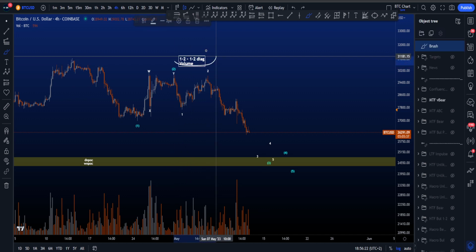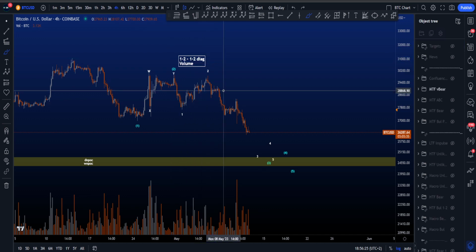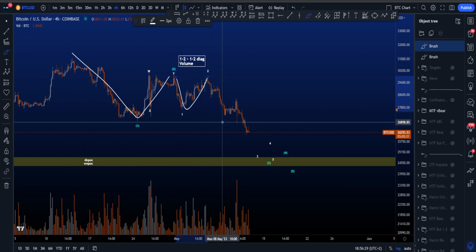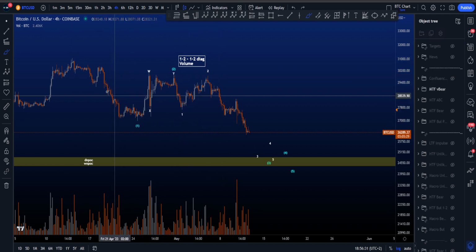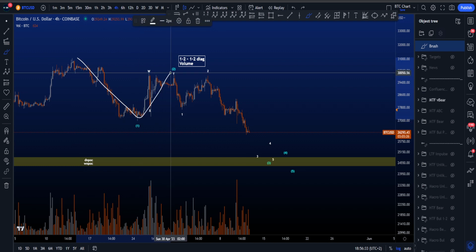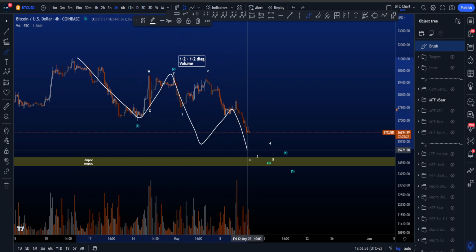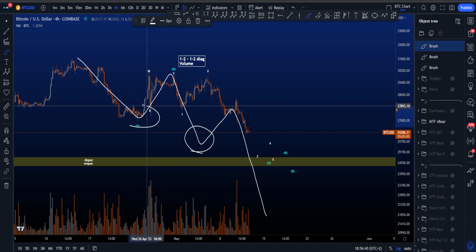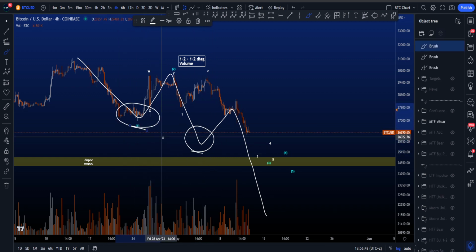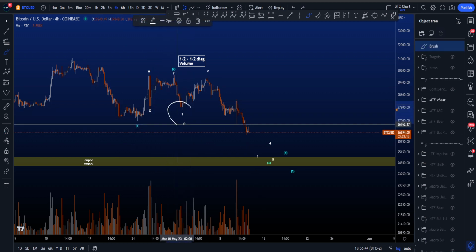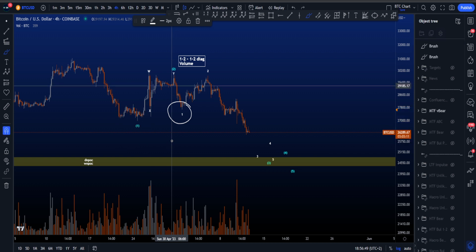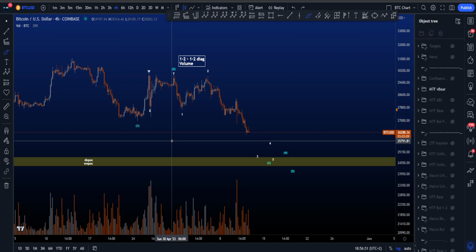And another reason is the 1-2-1-2 diagonal potential. It basically means that if we are in a 1-2 and then another 1-2, what I like to see in a 1-2-1-2 is a diagonal structure, being a 1-2, then another 1-2, and then continuation down, where the second wave 1 is taking the low of the first wave 1. However, as you can see, the second wave 1 over here did not take the low of the first wave 1, which is not something I like to see in a 1-2-1-2 setup,